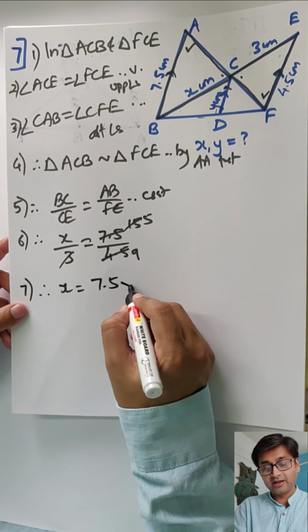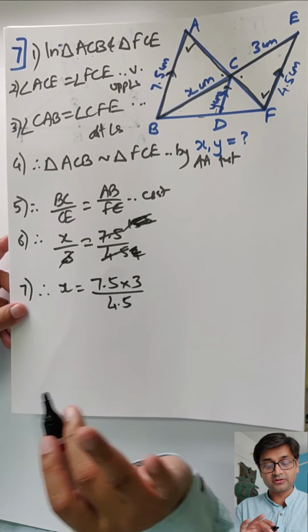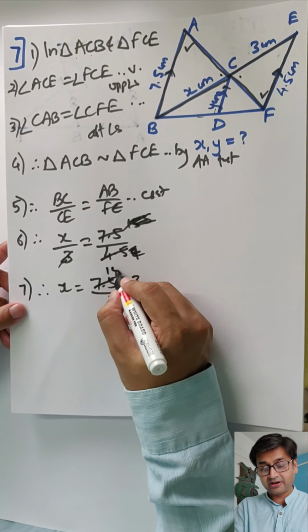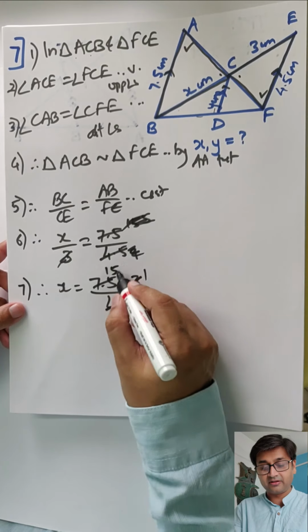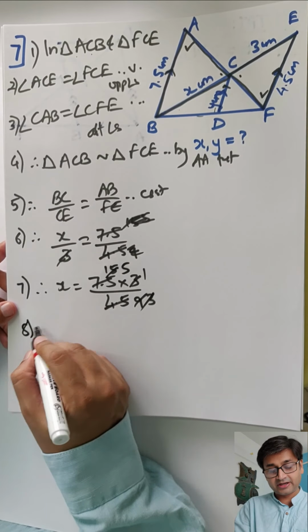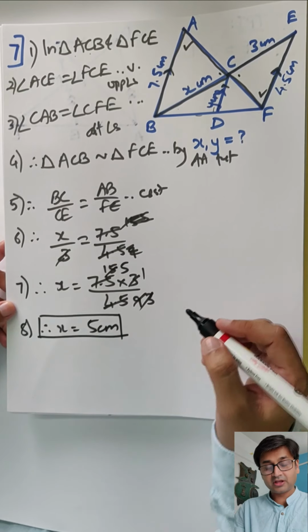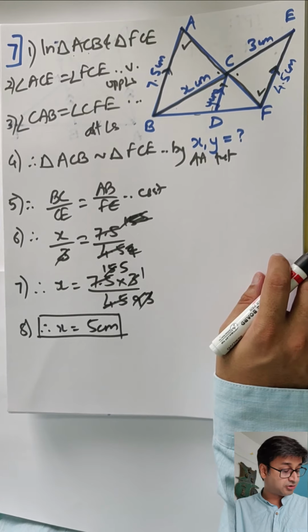So let's not be extra smart. Let's cross multiply 7.5 into 3 by 4.5. This logic was wrong. Okay, so sorry. Now I can cancel. 5 9s are, 5 15s are, 3 1s are, 3 3s are. The decimals have taken care of themselves. 3 1s are, 5s are. So finally I can say x is equal to 5 centimeters. Yeah, did you manage to get the same? I messed up, I'm sorry, but that's good that you got it.